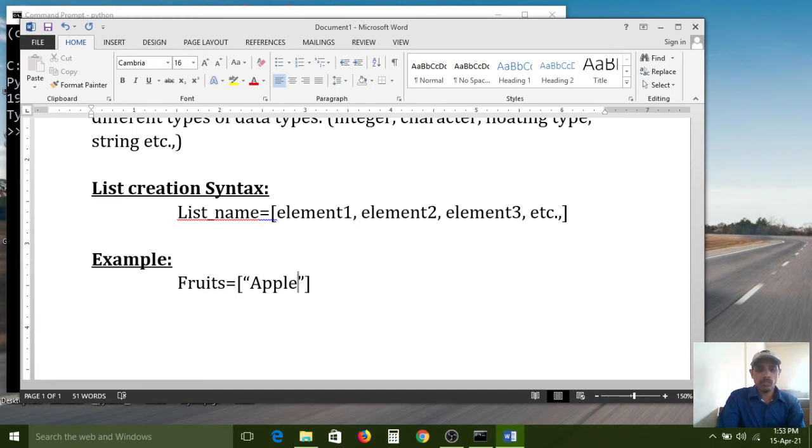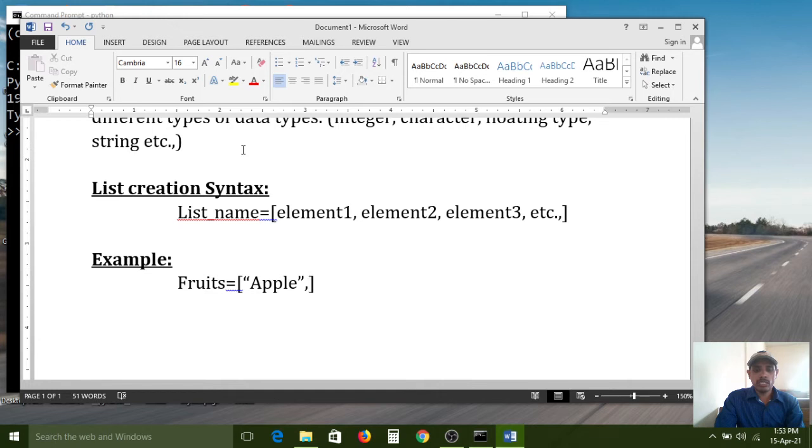Apple is one fruit. Next, the second element. From one element to another we separate by using commas only. If it is a number, an integer type value, double quotes are not required. But if it is a string, we compulsorily write the element names in between double quotes.